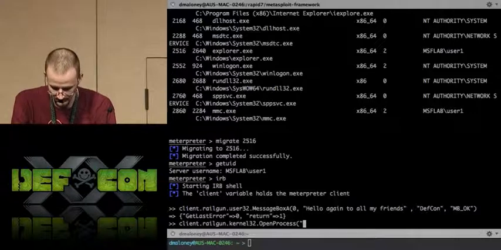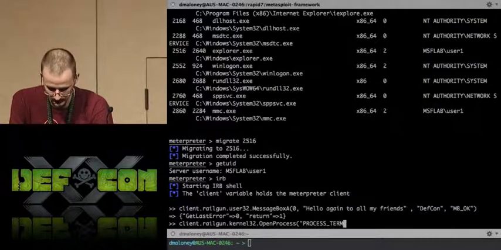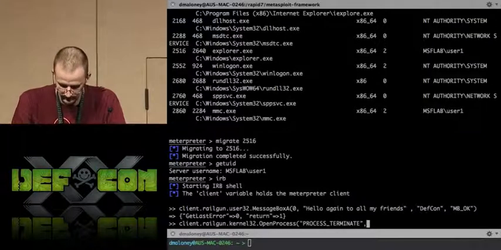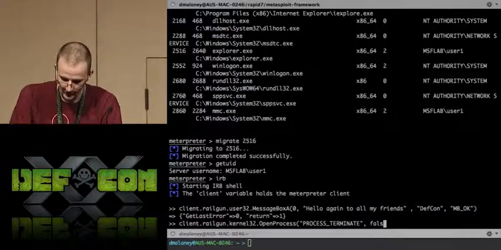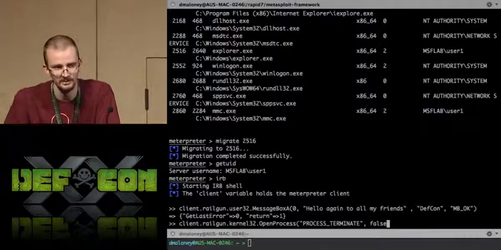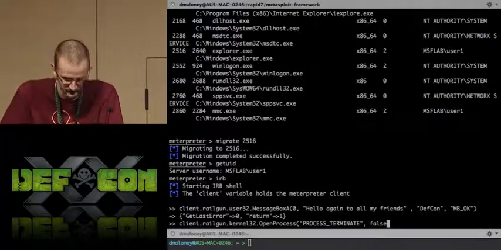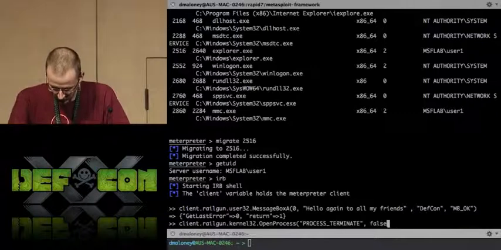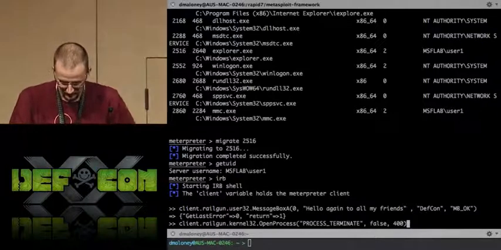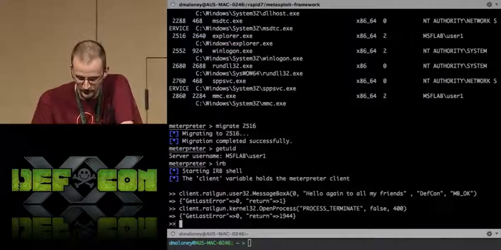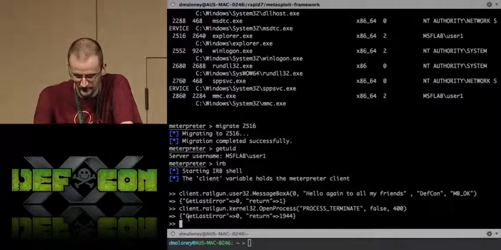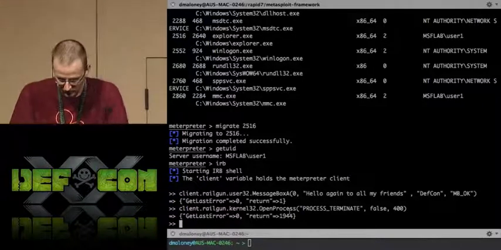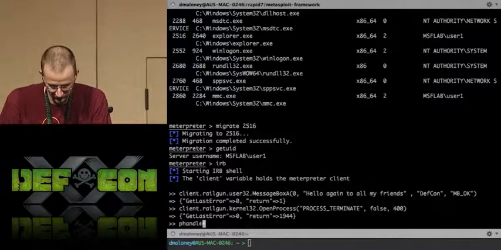And again, we're going to pass it in a constant, which Railgun already knows about, and it's going to be PROCESS_TERMINATE. That's just basically the privilege level that we're opening that handle with. False here has to do with handle inheritance and process manipulation. It's really not important for this particular demo. And then we pass it the PID. And you can see here, this is the return hash I was talking about. We know it worked because our GetLastError is 0, and that number is actually the representation of the handle. So I'm just going to shove that return value into a variable here,